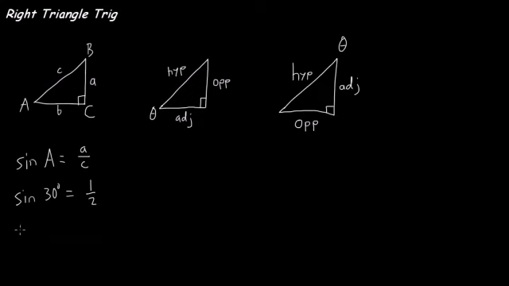Okay, so we have cosine of A is B over C. And finally, tangent of A is A over B. You can also write these functions, sine, cosine, and tangent, in terms of angle B, but the formulas will change. You can check the notes for those versions, but